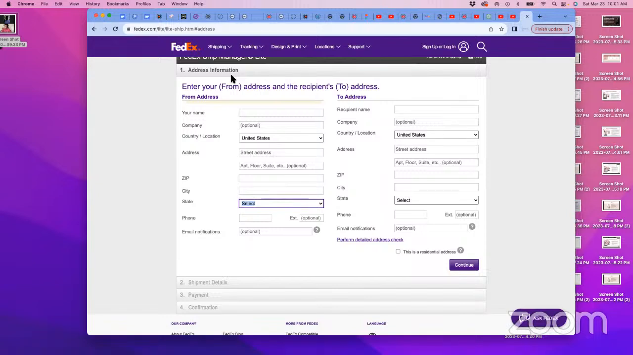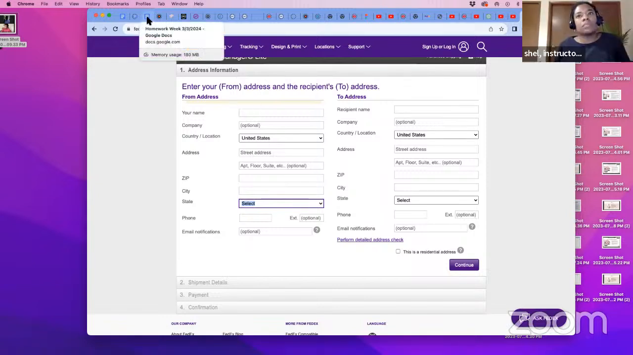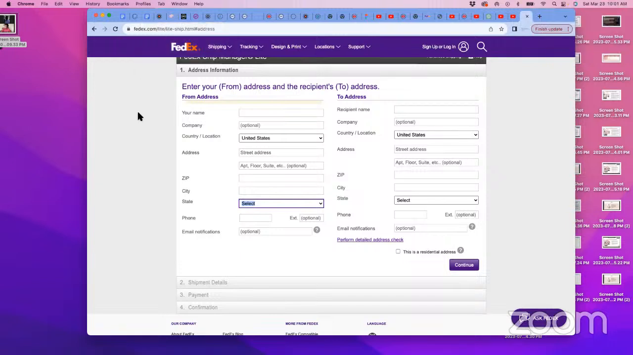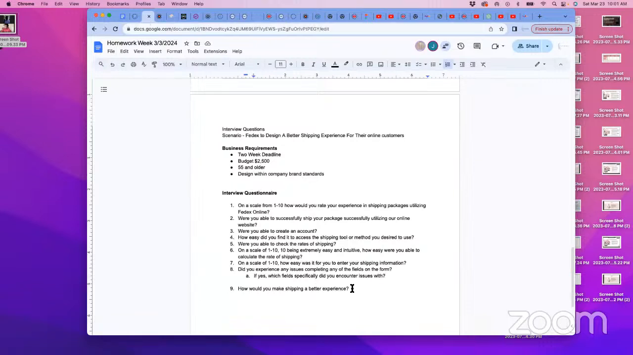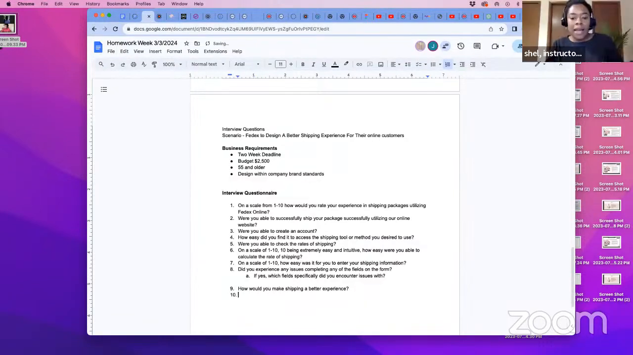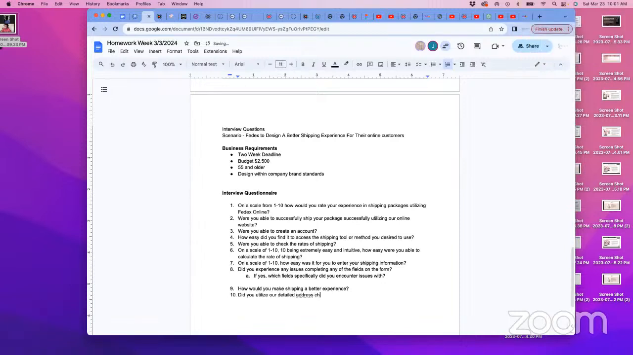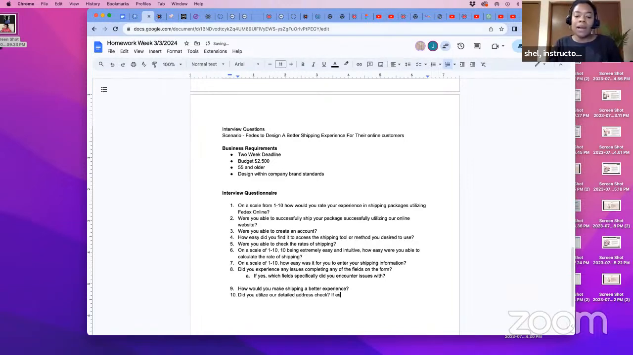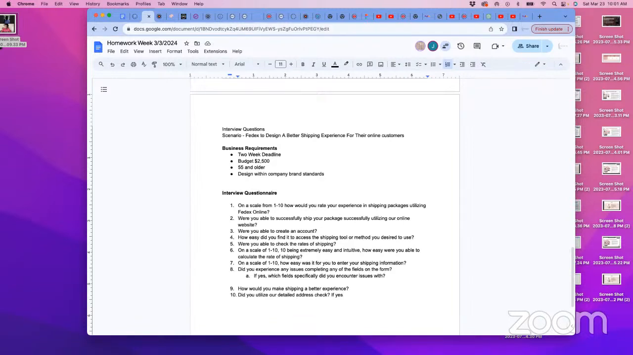And if yes, did you accomplish the check? So you're saying, did you utilize our detailed address check, right? If yes, what's the follow-up question? Help her out, Angela. We're a team. We're all in the office working together at FedEx. Yes, were you able to check your address? Yeah, if yes,